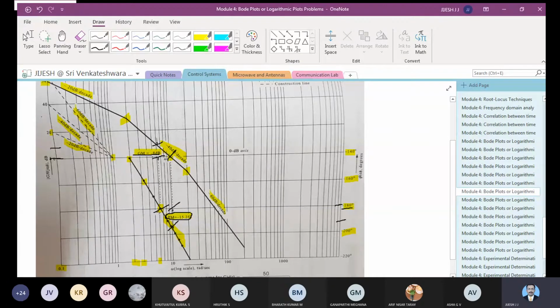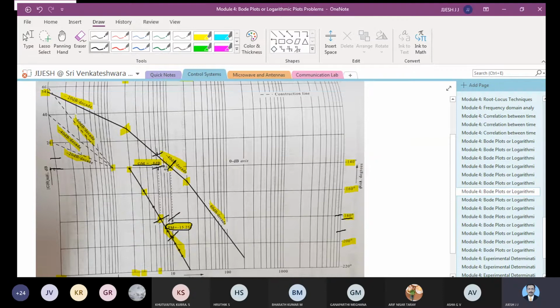First you have to draw the reference lines. These three lines which you can see here are called the reference lines. Minus 20 dB, minus 40 dB, minus 60 dB, these are all reference lines, nothing to do with the problem. When you have a slope, you have to keep the scale close to this line and then extend it upwards, so 20 dB means it should come parallel to this reference line. So this is the 20 dB reference line.